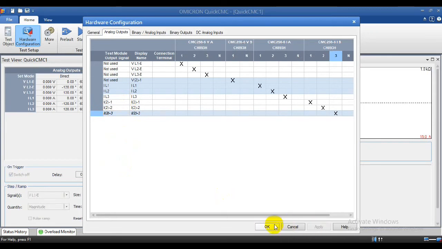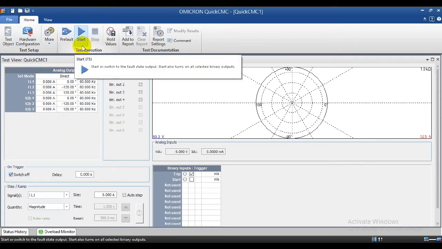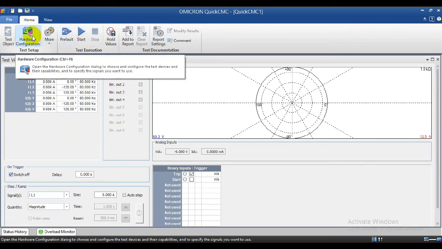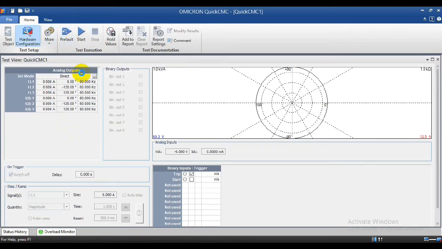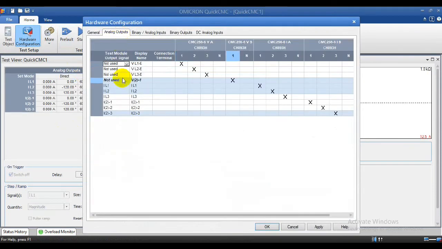And if you give apply OK, directly you will get the second output channel also visible in your display screen. Through this you can test, but now I am going to test only overcurrent protection. So I need only one set of current, so I will make this not used. Apply. Okay.